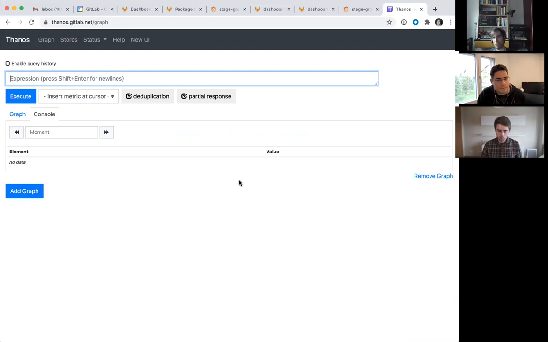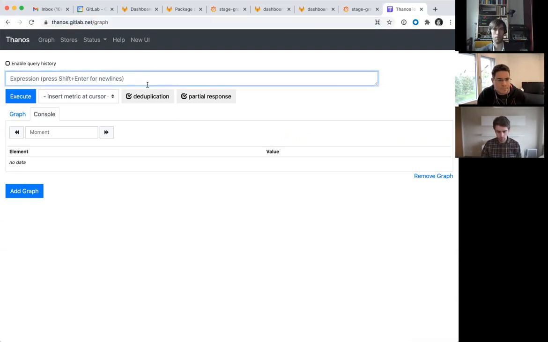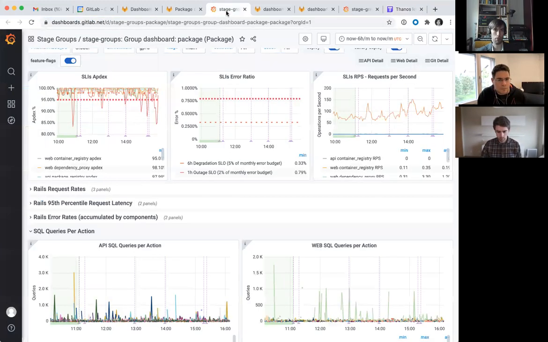So this is usually the interface you want to use to query Prometheus. And if you just go to thanos.gitlab.net, then you get an OAuth login thing, and you should all be able to get in. And here you can play with queries. So maybe we can look for a moment at the